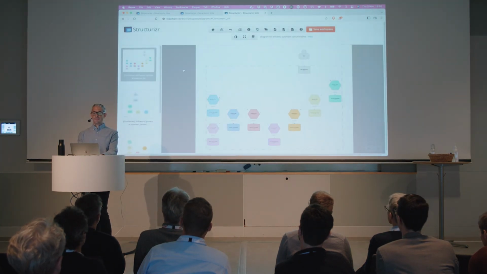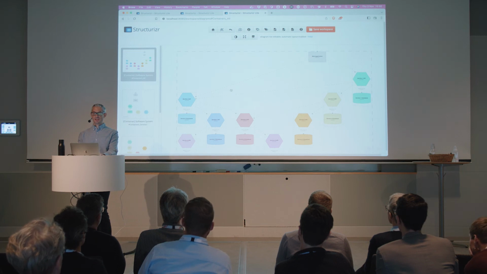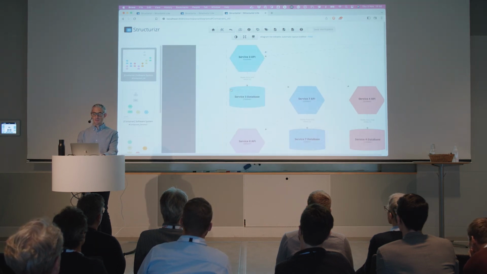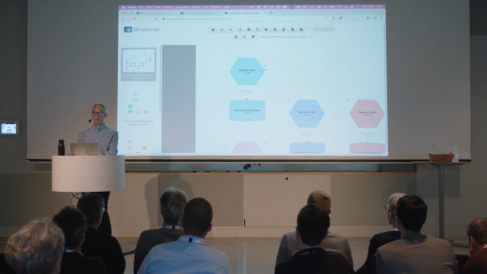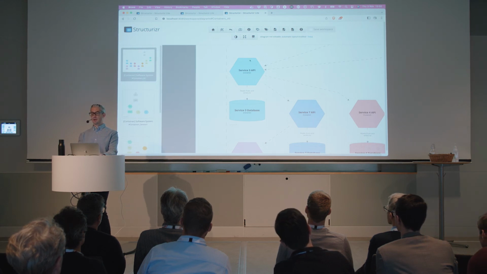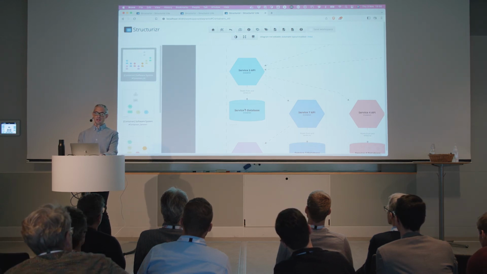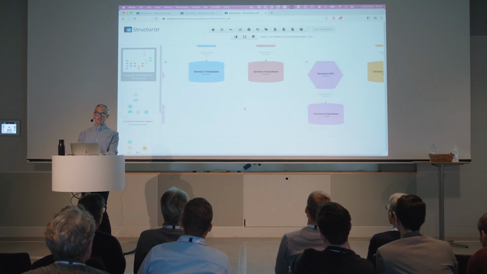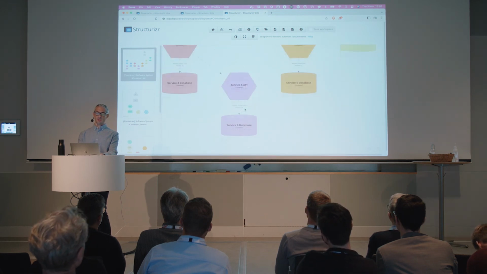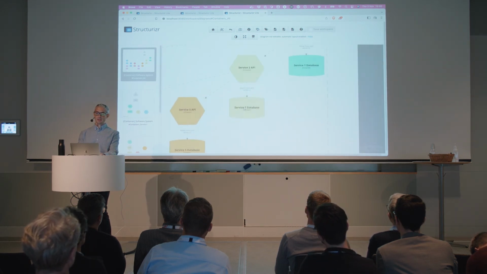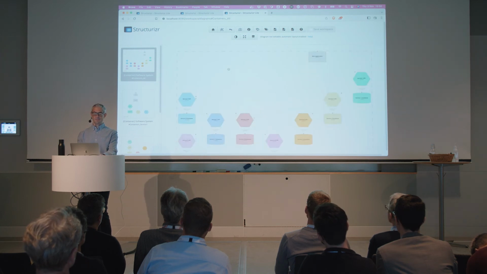So imagine we have a microservices style architecture where we've got maybe a bunch of services, and every service is comprised of an API talking to a database. So here we've got 8 different services, and I've color-coded all the different services. This diagram, with the 8 services, kind of works, but if you had 80 services, it's going to get very complicated very, very quickly. So how do we solve that problem?